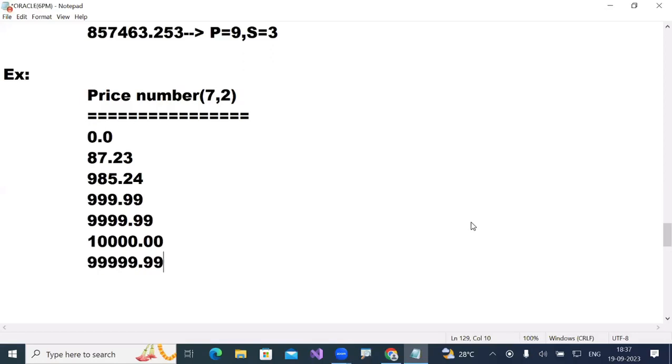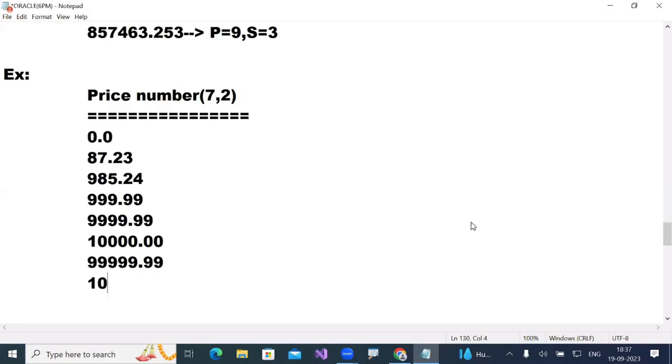So up to 99,999.99 I can store, when my precision is 7. So now I can store my product price from 0.0 up to 99,999.99. But if I try to save 1 lakh,